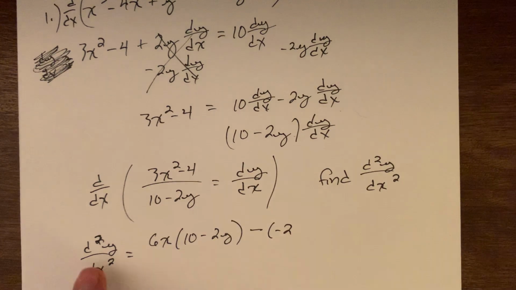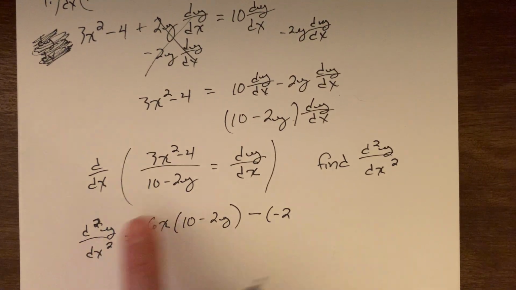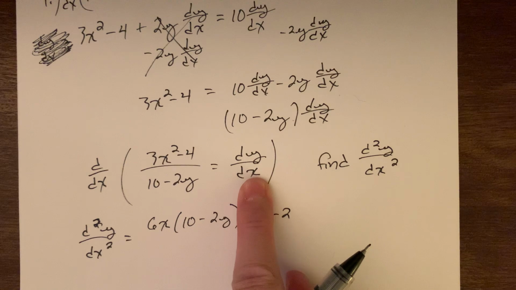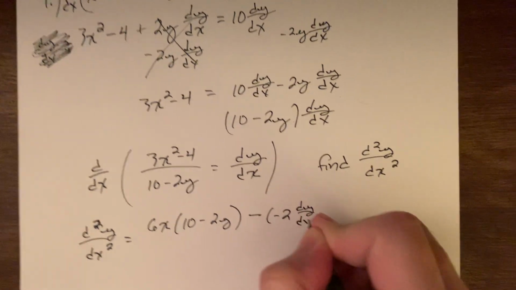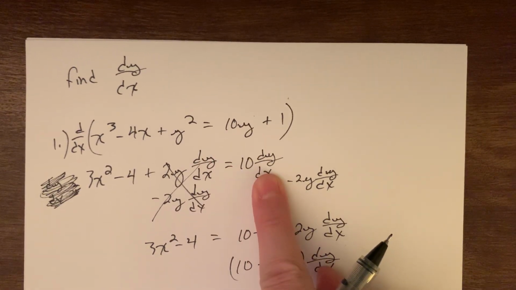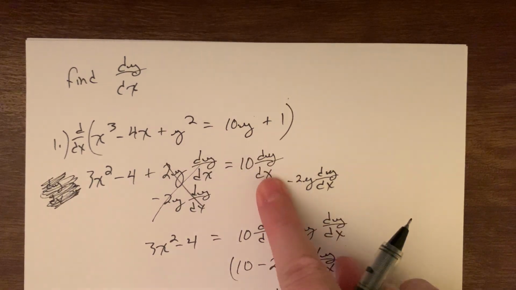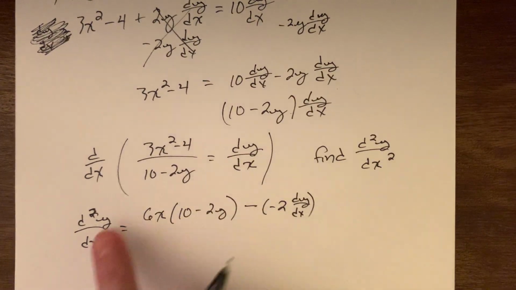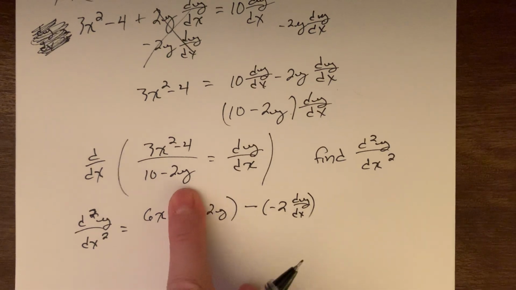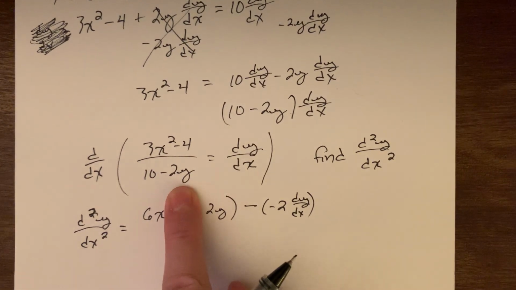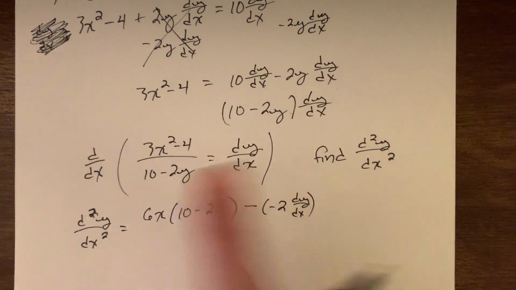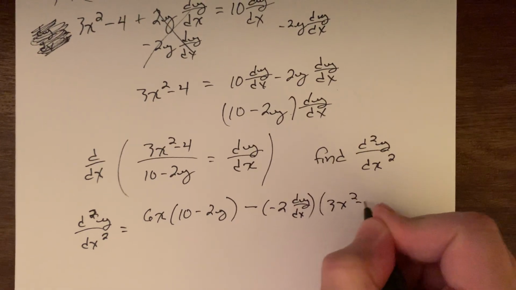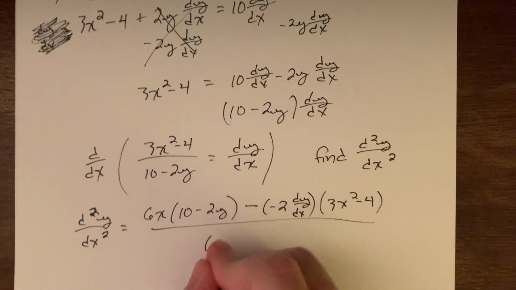It doesn't get marked with the second derivative. You only get the second derivative when you take the derivative of the first derivative. This would still get marked with the same dy dx, the same way this did here. It was taking a derivative of a y, got marked dy dx. Well, even though ultimately you're getting the second derivative, in the middle of the problem, that's still just a derivative of a y, it gets marked dy dx. So there's my derivative of the bottom times the original top, all over bottom